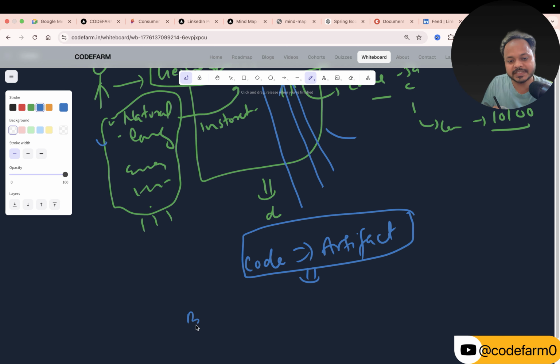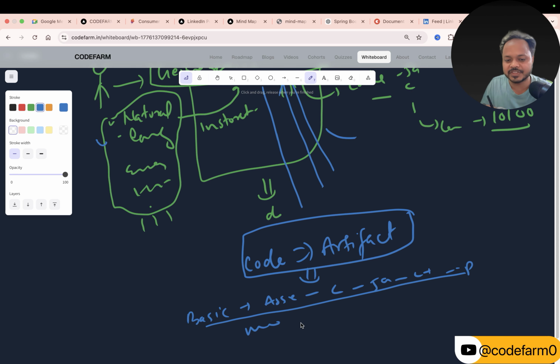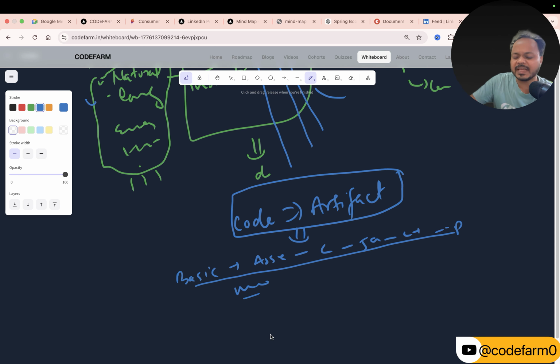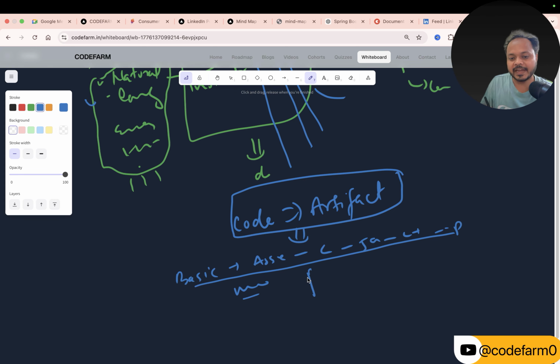So you see the basics were there, assembly was there, then C, Java, C++, Python, Mojo, and many more, and there has been a reason for each one's development. So ease of learning, optimization, speed, and all of that was there, and all of them need to be converted into the binary code, right?